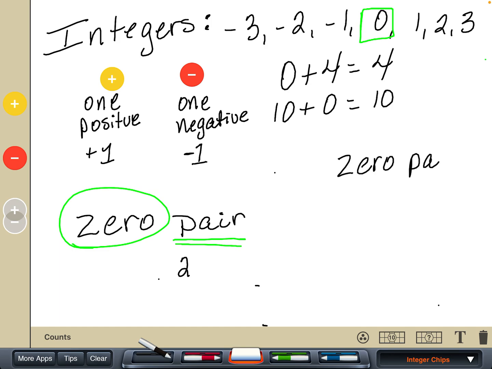Let's delve into that a little bit deeper. Okay, so a zero pair, I'm just going to tell you, it's one positive and one negative. Now let's talk about that a minute. It's one positive and one negative together. 2 things together equal 0. So think about this for a second. If you have $1, right, $1,